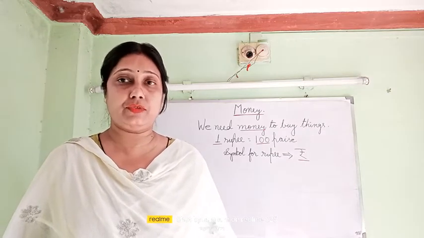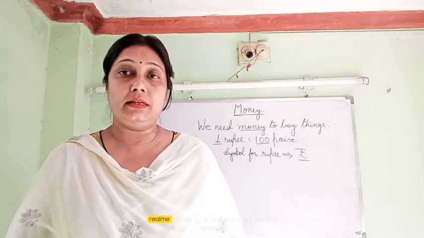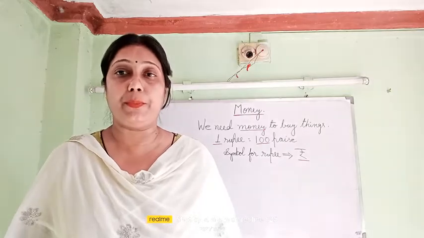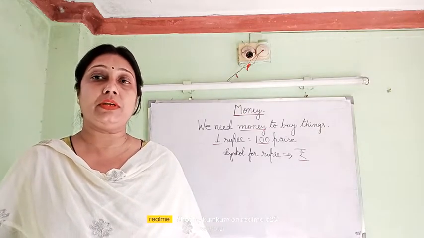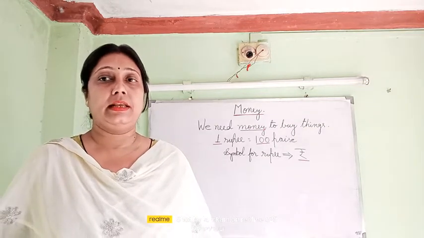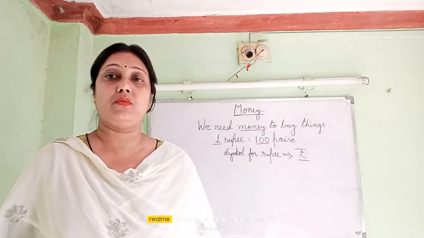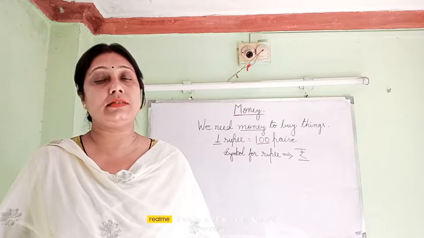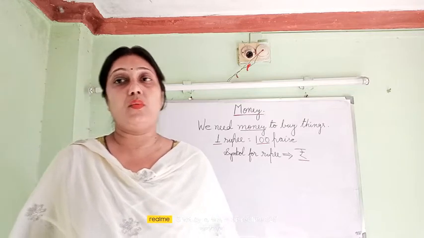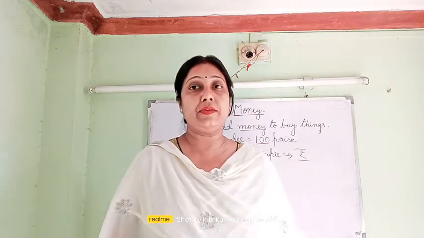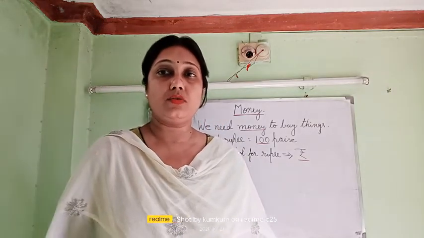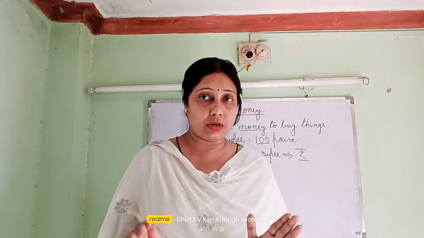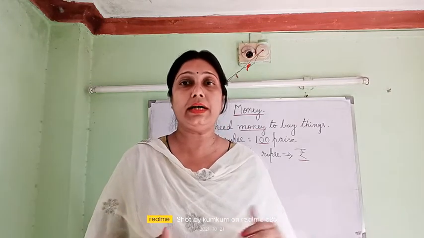Now, in our country, money is in the form of rupees and paise. The Indian currency is found in rupees and paise. They are found in two types. One is coin, another one is notes. Now, 1 rupee makes 100 paise. So, in 1 rupee there are 100 paise. So, 100 paise is the smaller unit and rupee is the bigger unit.